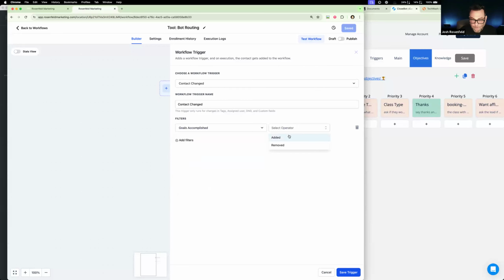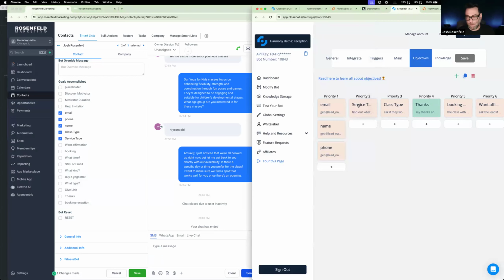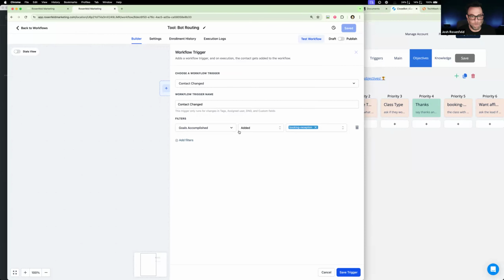So if booking reception is added, which means that when the goals accomplished are all empty, right? These come through empty, but once these start getting checked off, and CloseBot service type, boom, it checks off service type, and that's called added. So I guess that's what that term is, if you're wondering. So if booking reception is added to goals accomplished,